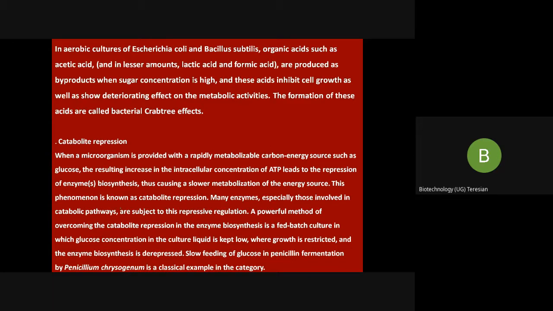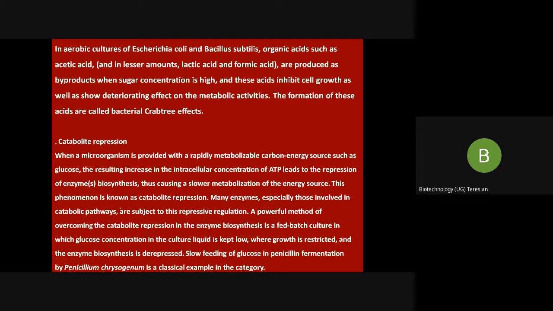That is, your substrate is the sugar. Look at what is happening: the concentration of the sugar is very high, and what acts on the sugar? It is your yeast, Saccharomyces cerevisiae, in the case of ethanol, whereas here it can be other bacteria. So you are getting the product.